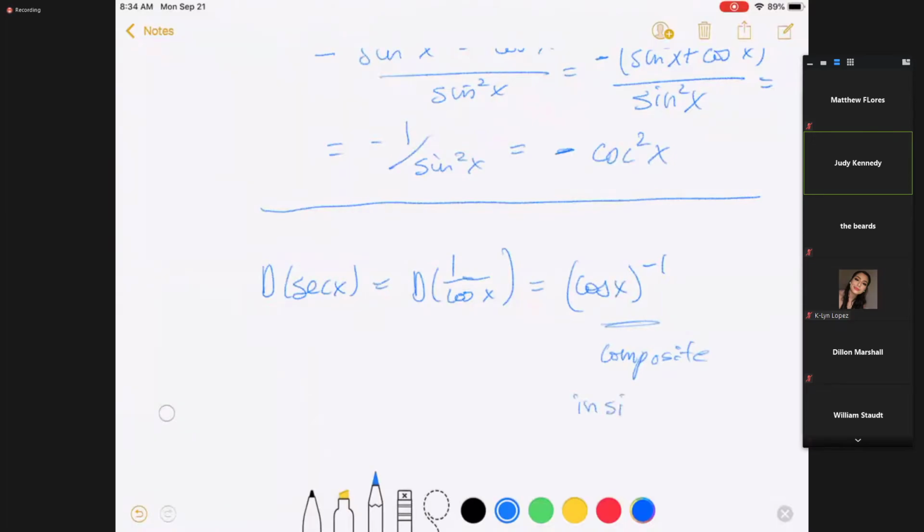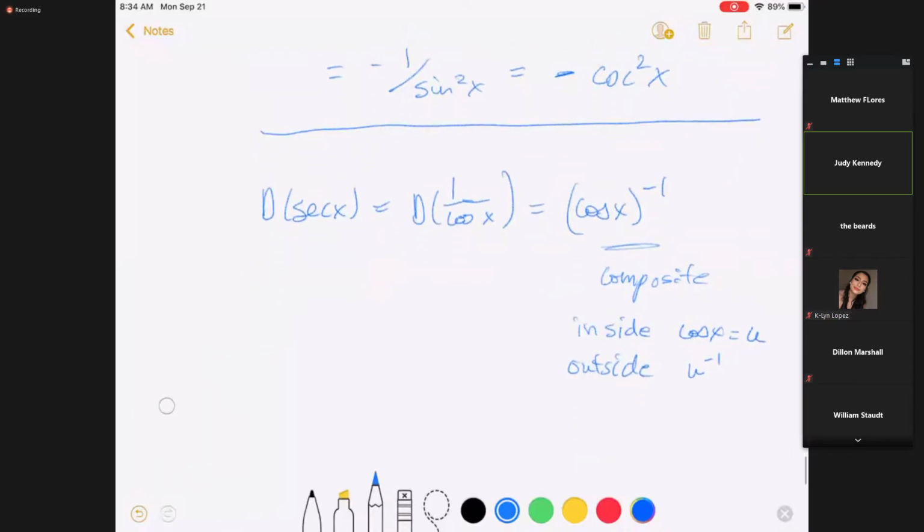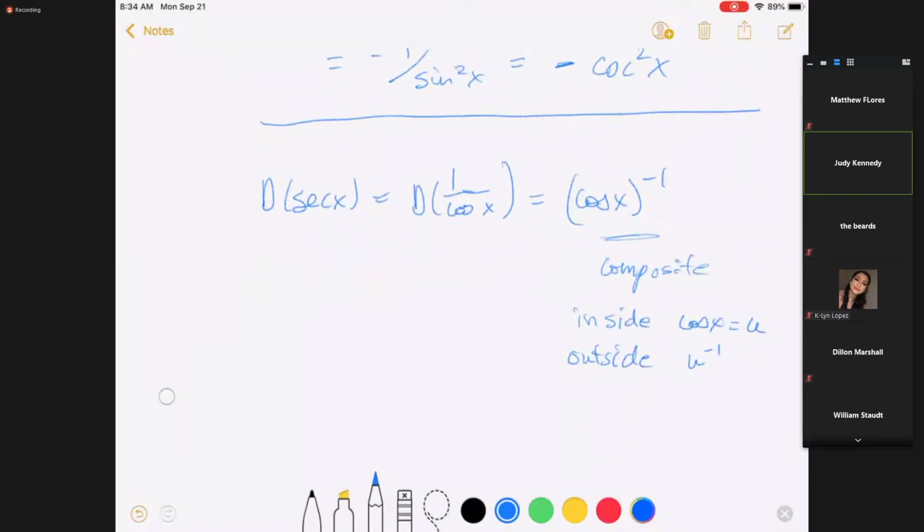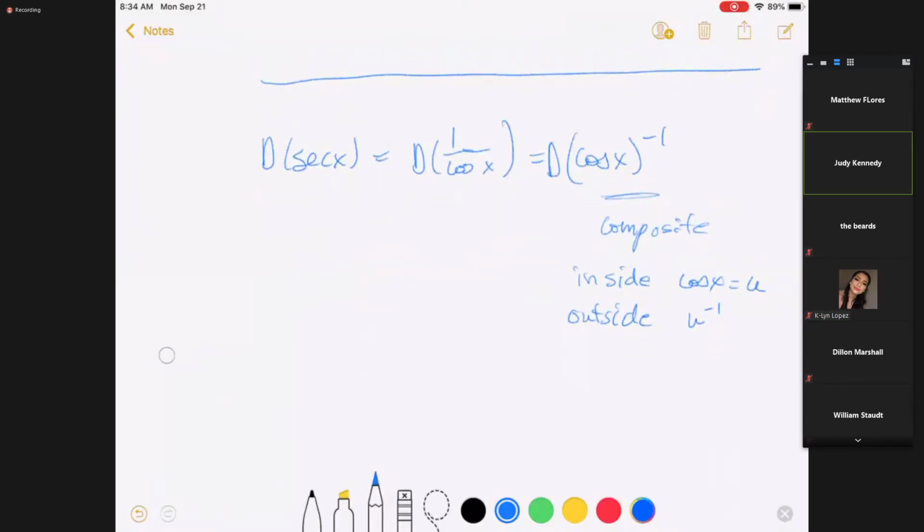I will do it with a quotient rule too. Inside function is the cosine of x, and the outside, which we'll call u, is u to the minus 1. So, oops, I need to put that d there. Otherwise, it's not true. So the derivative of the cosine of x all raised to the minus 1 is